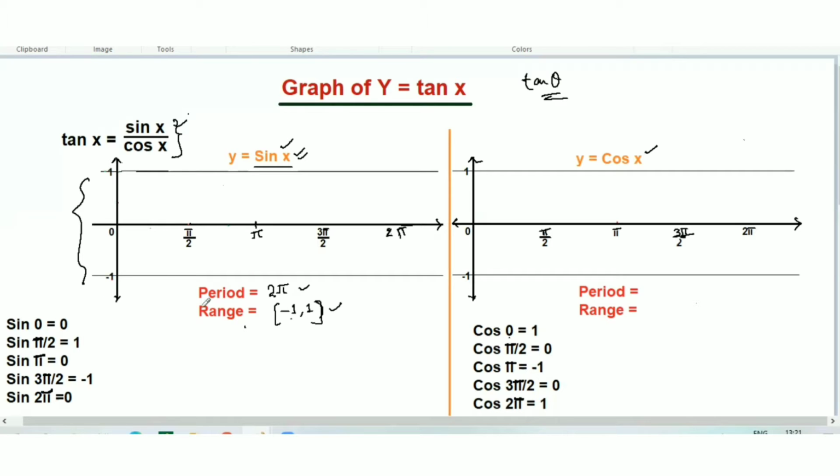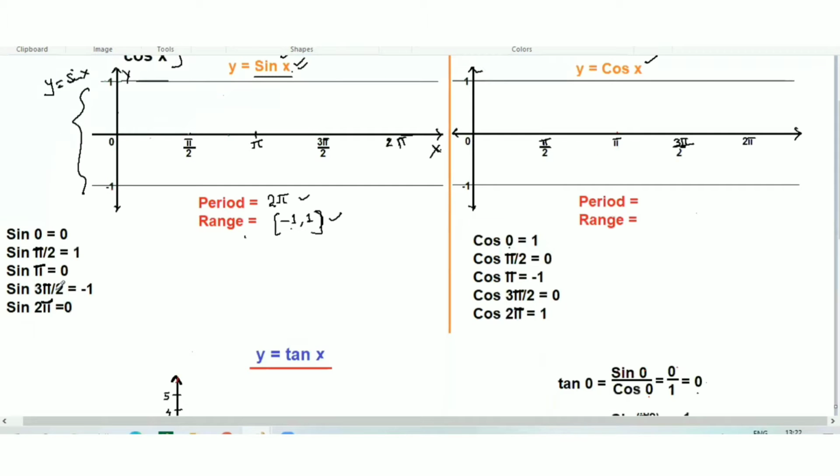As this is y equal to sine x, this horizontal line represents the x axis. Here the angle is x, that's why I have taken x. If you have to draw y equal to sine theta, then theta represents this horizontal axis, but I have taken sine x, so the horizontal axis represents x, and this vertical axis represents y equal to sine of x. Okay, so I have taken a few angles here. The horizontal line represents all the angles.